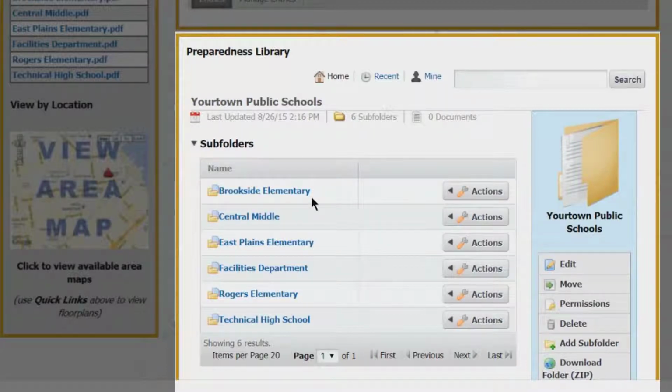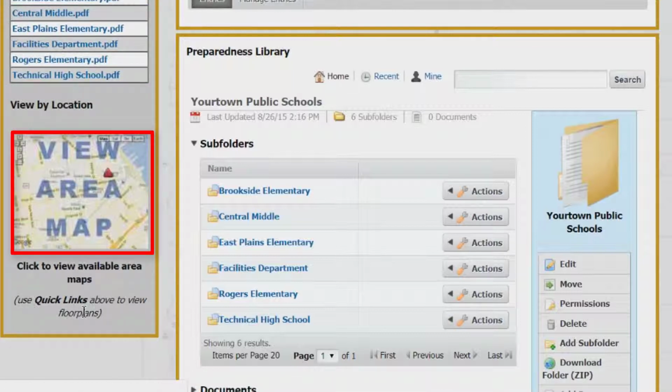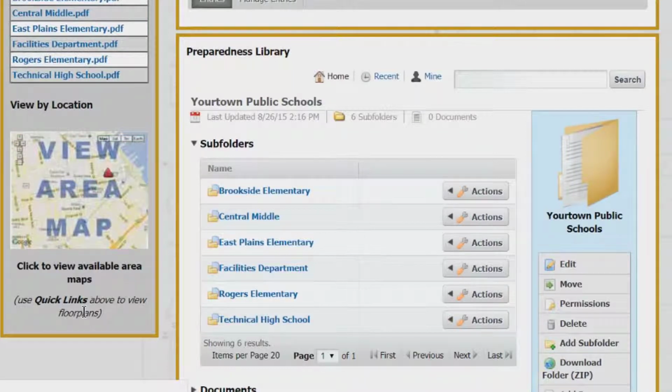If you had guidelines towards evacuation zones, reunification areas, evacuation maps, all of those separate documents can be stored in one location and very easily accessible. You wouldn't have to actually go into the folder to access those files. Think of those additional files just like these quick links here, but they would be displayed underneath this Google map as additional safety documents. For the demo, we don't have those in here because a lot of times those are